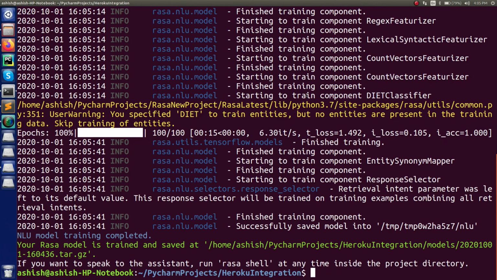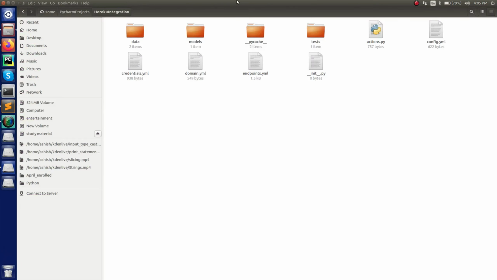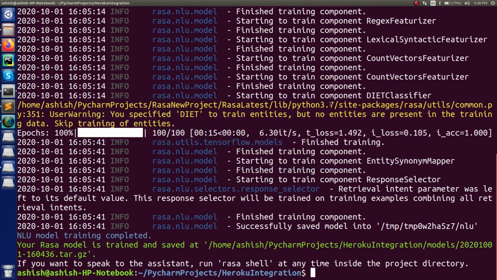Alright, so you can see the initial project is ready. Now when you see the current directory, you have all the files and directories on your system, right? So this is all I'm having right now, which means I have set up the initial project.